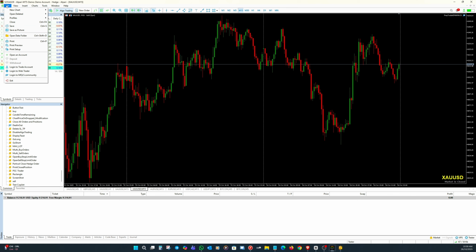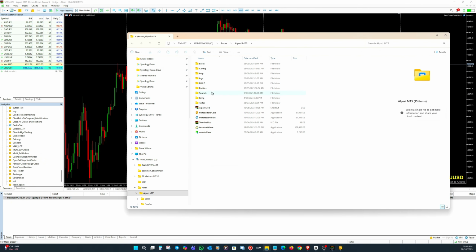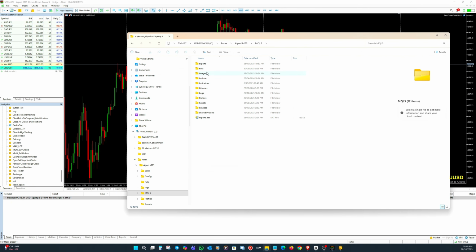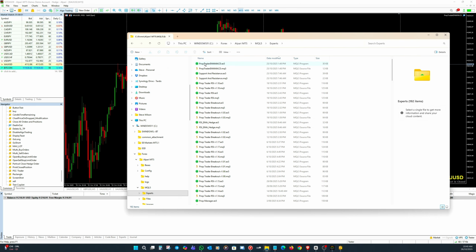The first thing we do is go in your MetaTrader file, open data folder. This will take you to the MQL5 folder where the actual expert advisor is located. If we sort by date modified, we will see that the one that we've created is right on the top. So what I'm going to do is copy that,